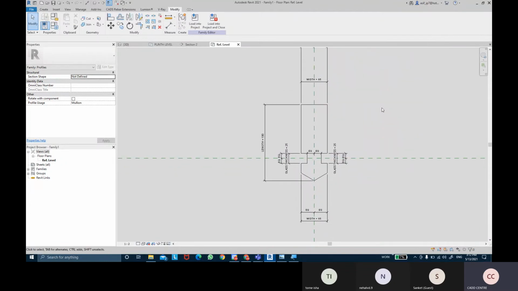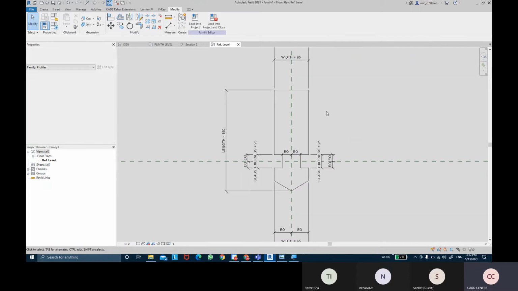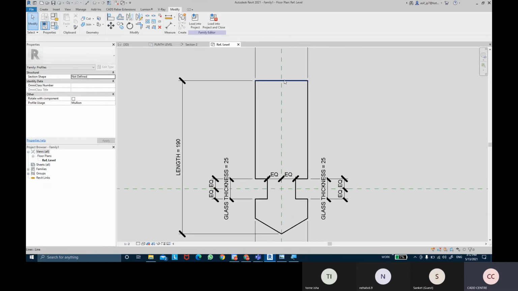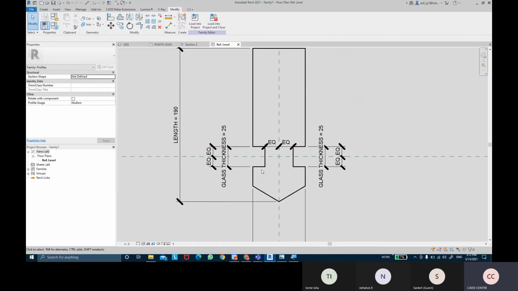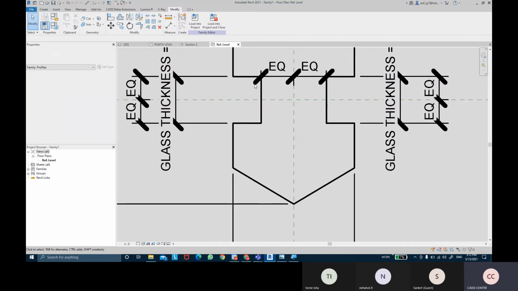So that's the profile shape that I wanted. And you need to make sure that the profile shape is closed loop boundaries. Yes, which I have already created in a closed loop boundary shape.